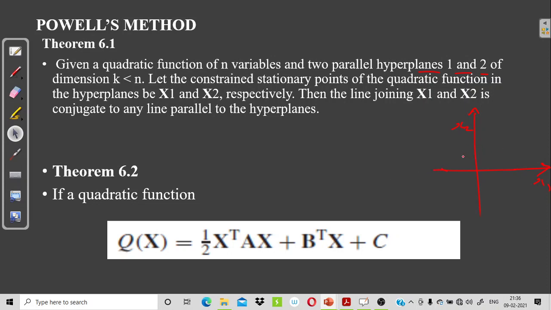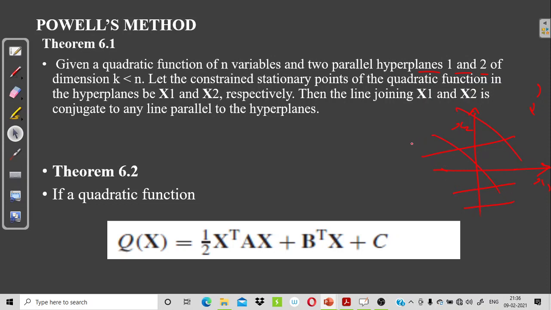Then the hyperplane has a dimension 1 less. The dimension of the space here is 2, so the hyperplane has dimension 1. A one-dimensional space means the set of all straight lines in the two-dimensional space like this,